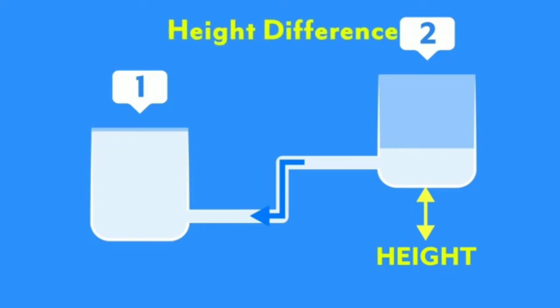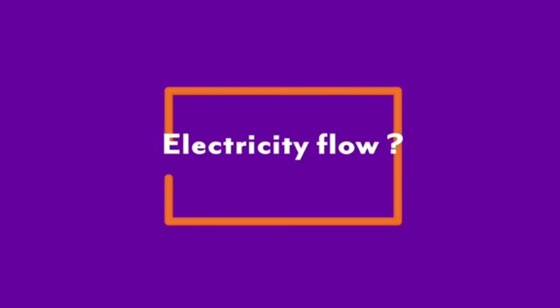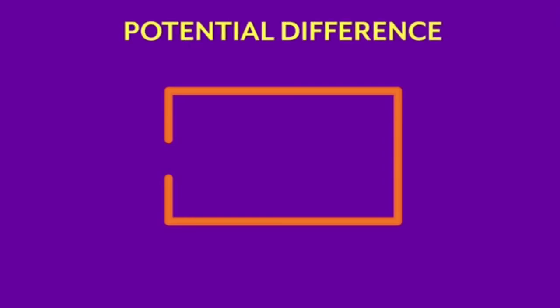In a similar way, for the flow of electricity, we need a reason. What is a reason for the flow of electricity? For that, we can consider a conducting wire. Will the current flow through the conducting wire if we keep it without connecting to any source of electricity? No. So, what is a factor that triggers current in a conductor? That is called the potential difference. Potential difference is a factor that triggers the flow of current through a conductor.